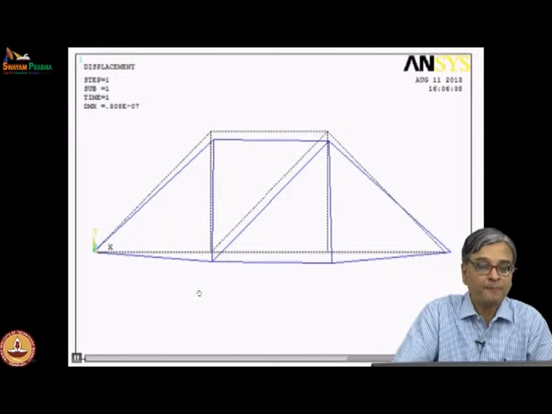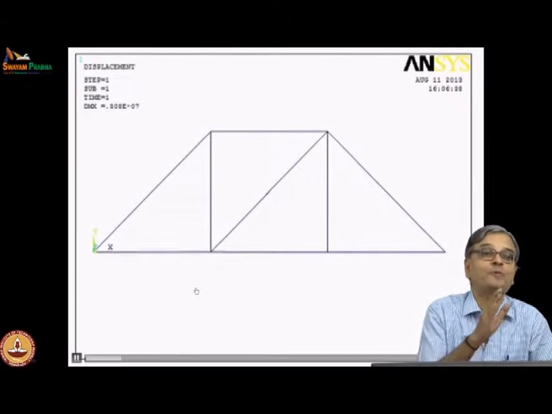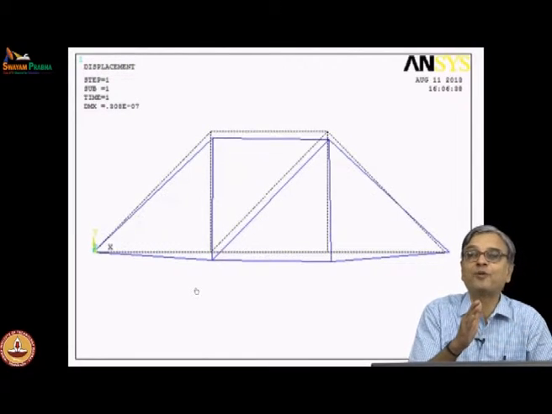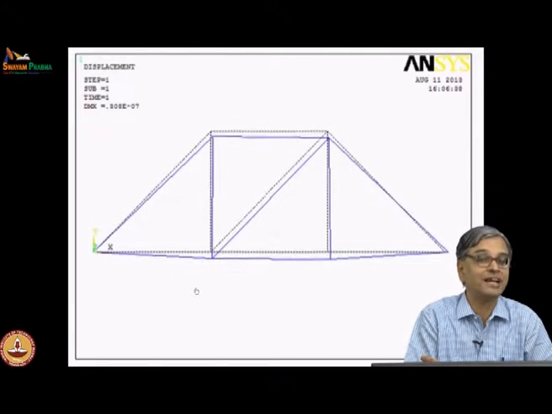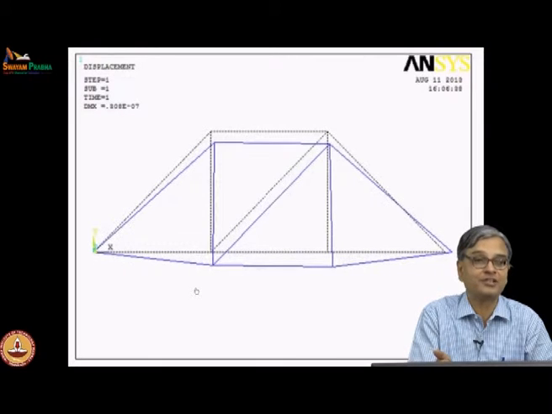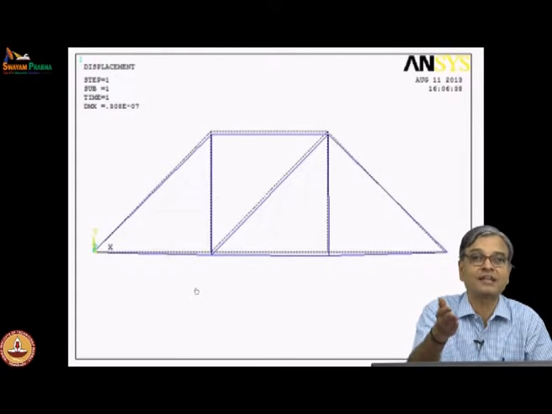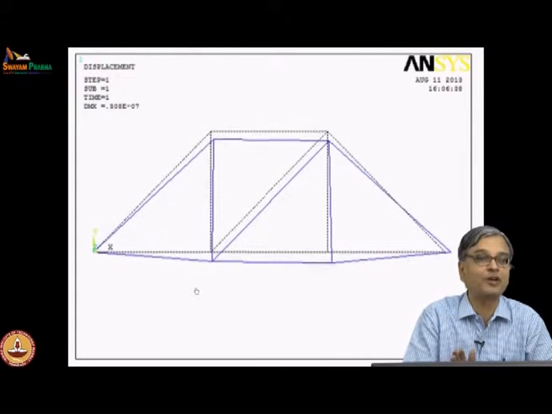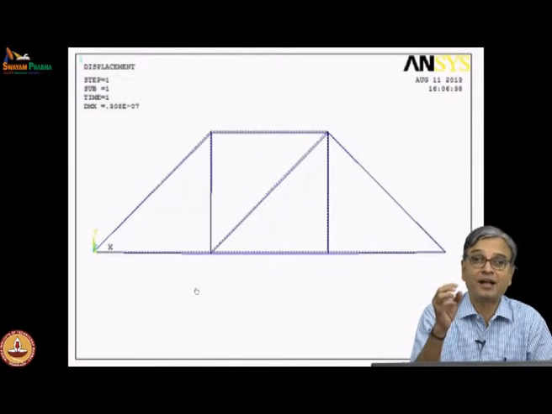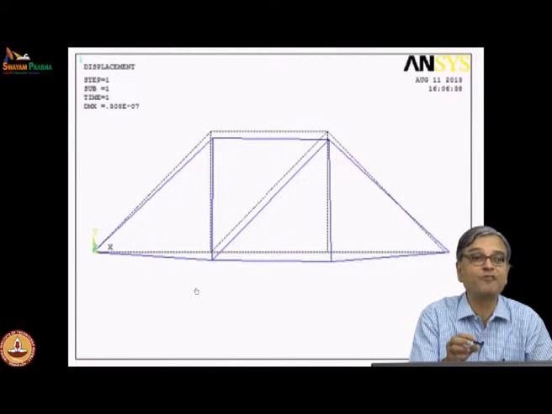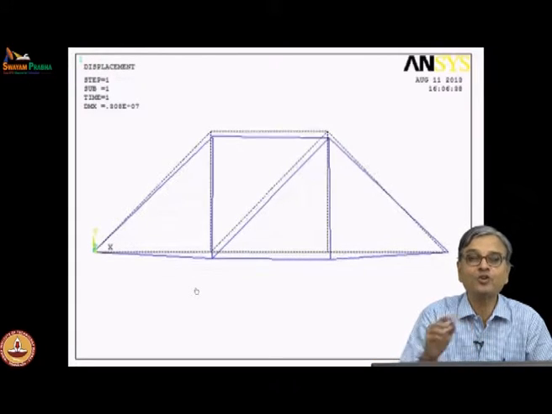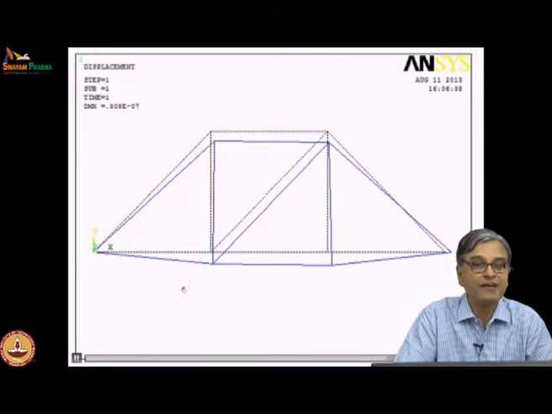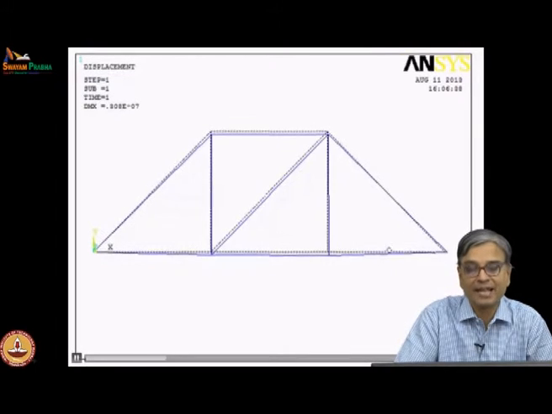And you find the need for one support to be hinged, other support to be roller is very clearly brought out in this animation, and this is a real life animation. No approximations are involved other than what we have done as a pin joint. So, it understands the members as deformable, which you normally do in the next level course. It is better to know how the deformed picture of the truss can be.